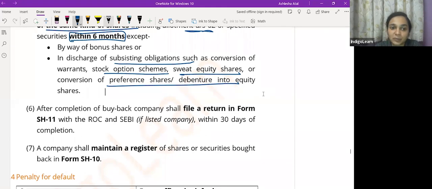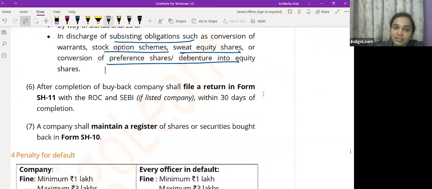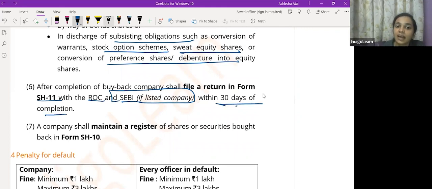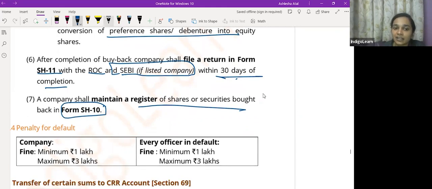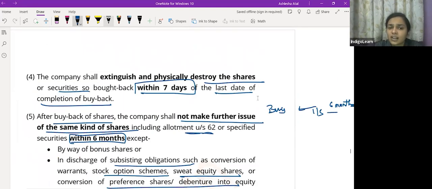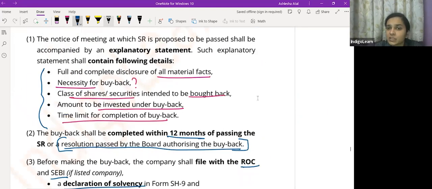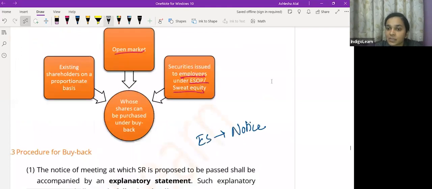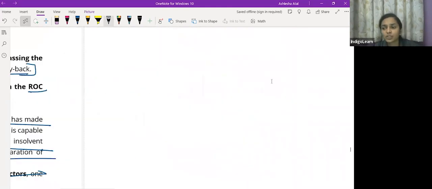नहीं करेगी company. And after the buyback is completed, the company will file a form SH11 with ROC and SEBI. SEBI कब, listed company के case में, within 30 days of completion. And the company shall maintain a register for securities bought back in form SH10. And then there's a penalty of 1 lakh, 3 lakh, 1 lakh, 3 lakh for both company as well as officer in default. So these are the conditions which have to be complied with by the company when the company is buying back shares. समझ में आया? बायबैक भी प्रोपोर्शनेट बेसिस पे होता है. ओके